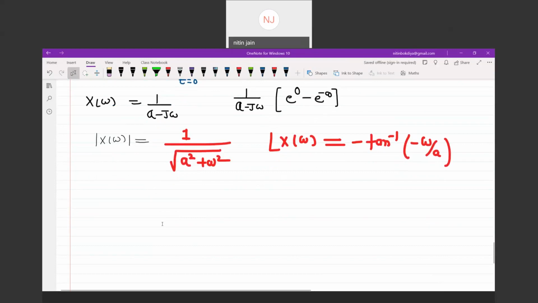And the Fourier transform is a unique one-to-one mapping. It follows one-to-one mapping. So for every unique x of t, you have a unique X of omega. Keep this in mind. For no two functions can you have a single Fourier transform. You cannot get one Fourier transform for two functions; you will get different ones for each. This is a unique mapping.